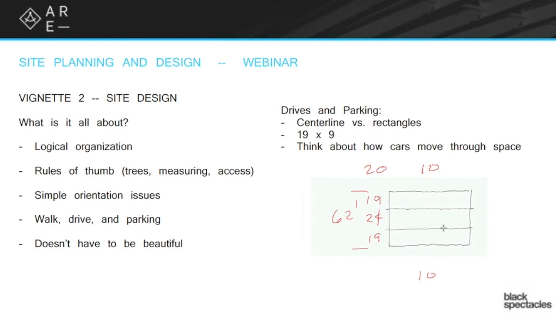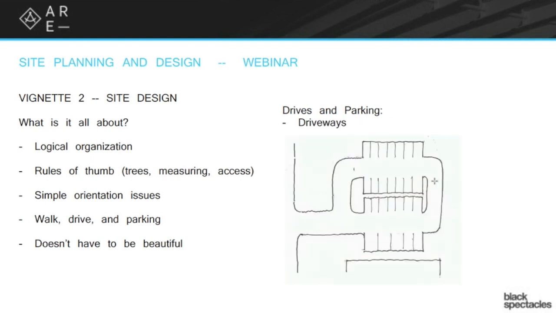And then how long is it the other way? Well, if I have 10 and they're each 9, that means this thing is 90 feet. And I've got 10 spaces, right? So you can do that in a couple seconds and know that 20 parking spaces, the sort of classic simple shape box that I'm looking for is something that is, in this case, 62 by 90, right? And you can draw that in sketch mode and see if it fits right off the bat. So this is one of those things. Know your numbers. Feel comfortable with how you move through those things to make that work. Man, if you can make something like that, that's awesome. You don't have to show all that stuff usually, but